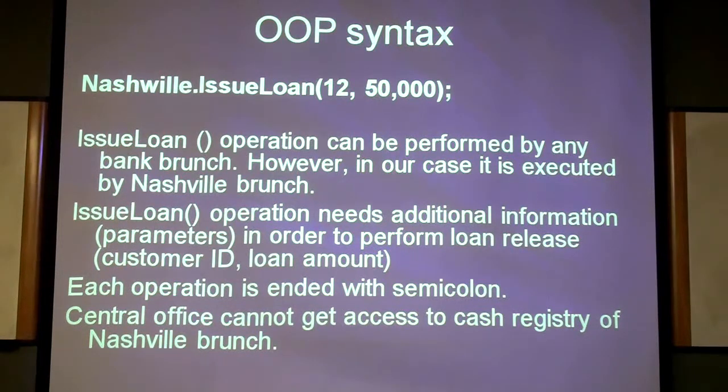So in order to get information about that, typically what happens is that they may call the manager of that bank branch and say, you know what, how much cash do you have in the registers? Or they may have some other mechanism, but they cannot have direct access to these cashier registers. That's why it's called private information, and that's also in the principles of object-oriented programming. We have public data and we also have private data. Cash register information is, in this case, private information.